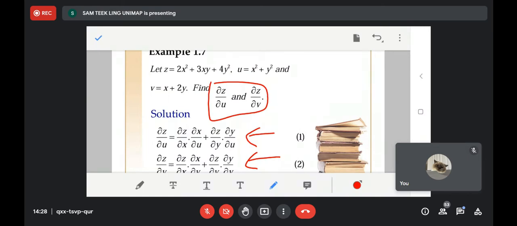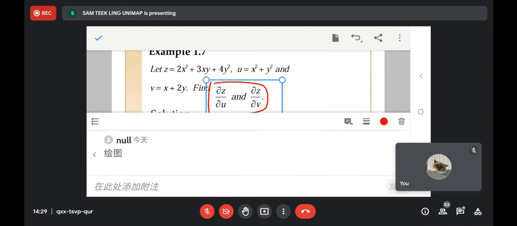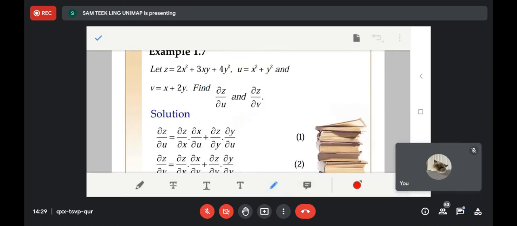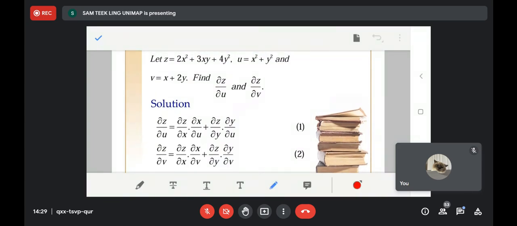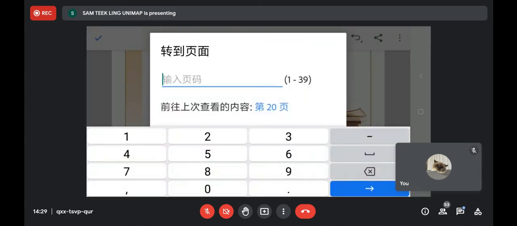Then second one, from this one, del z del x, del z del y. These two, you can directly differentiate this one with respect to x, with respect to y. You can directly solve. So del z del x, del z del y is no problem. You can directly solve. So this first one is no problem. And second one,